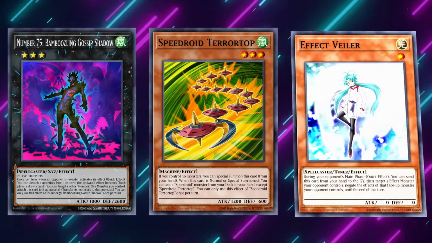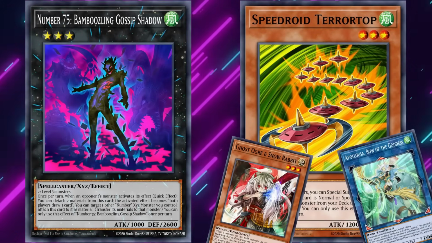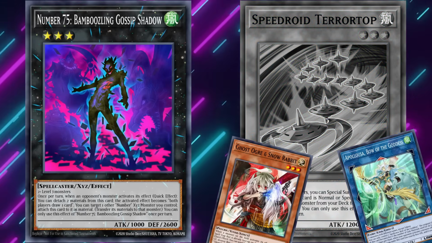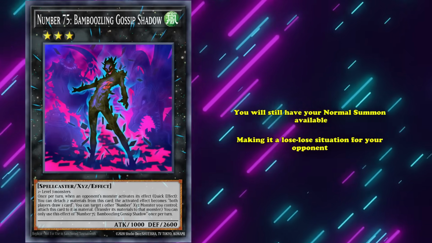If your opponent doesn't stop your Terrortop, it means that you can summon out Shadow to have a pseudo-negate ready to prevent them from hand trapping or negating your best cards. And if they do stop Terrortop, then they won't be able to use that hand trap or endboard piece on your main engine, and you'll still have your normal summon available, making it a lose-lose situation for your opponent no